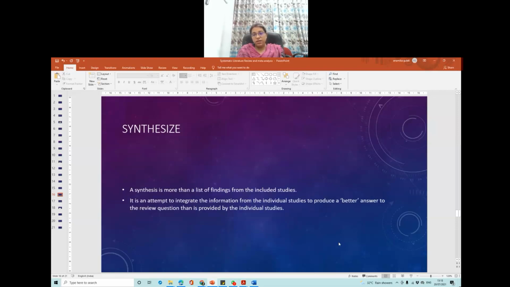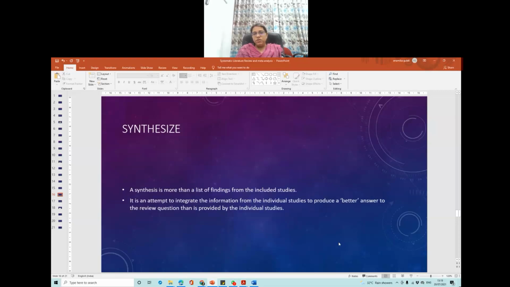Data extraction is again a 3-review process in which 2 reviewers, both working independently, will extract the data, and a third QA reviewer will assess the data. If there are any conflicts between the two reviewers who have extracted, they will be sorted out. And then now all the data is available with us. The findings are available. Now we'll synthesize the conclusion.